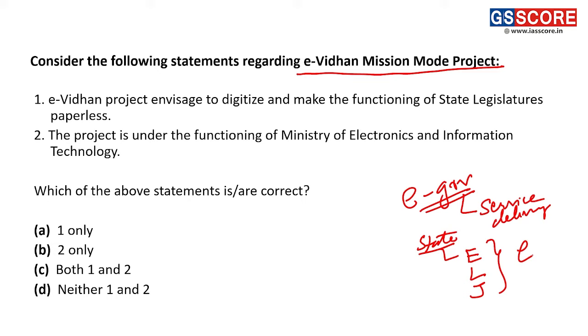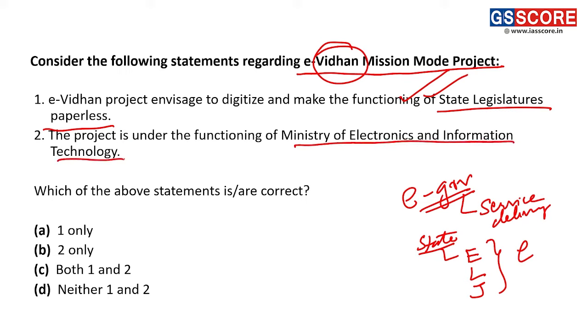E-vidhan envisages to digitize and make the functioning of state legislatures paperless. E-vidhan, right? So it is related to law. So this is correct. This project is under the functioning of Ministry of Electronics and Information Technology. Well, this is something which can be there because it's an E project. But in this case, it is the Ministry of Parliamentary Affairs, right? Being the nodal ministry for this particular project. Basically, it covers all the legislative houses vis-a-vis parliament and state legislatures, right? So that is something to note. So the statement 2 is incorrect and we need to find the correct statement, and hence the answer is option